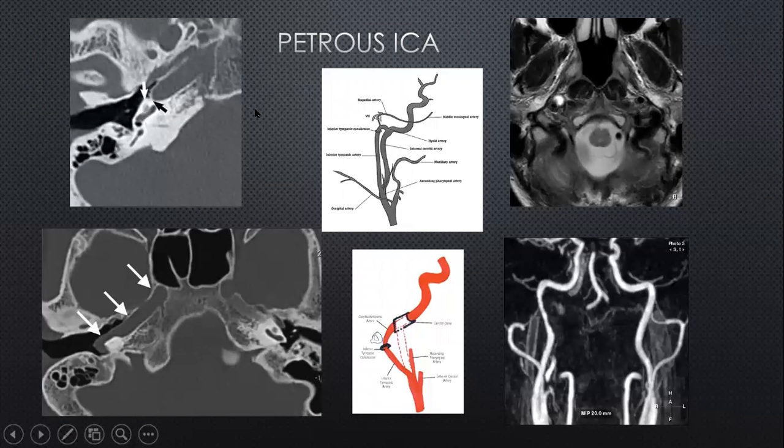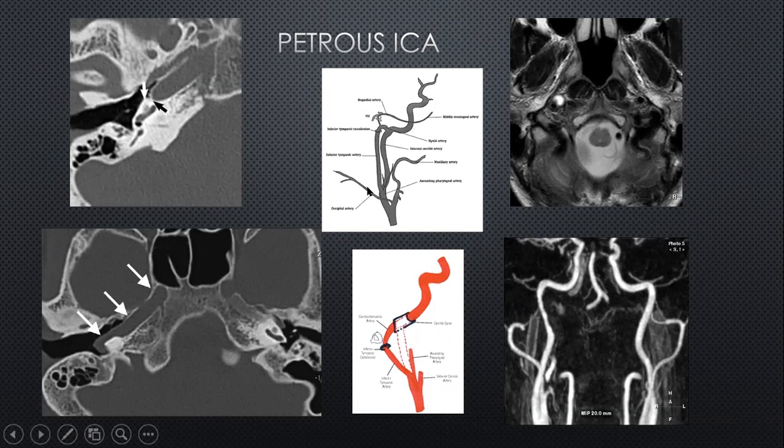The branches of the petrous segment are very small, and for practical purposes you don't necessarily see them during routine angiography, but sometimes, especially if there are tumors, for example a glomus tumor in this area, these arteries will become big. And some of the arteries, for example, you have got what we call the caroticotympanic branch. This is a pictorial representation of that. It can anastomose with the inferior tympanic artery, which is a branch of the external carotid system.